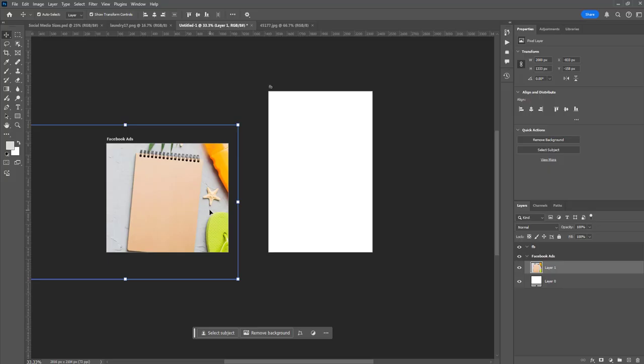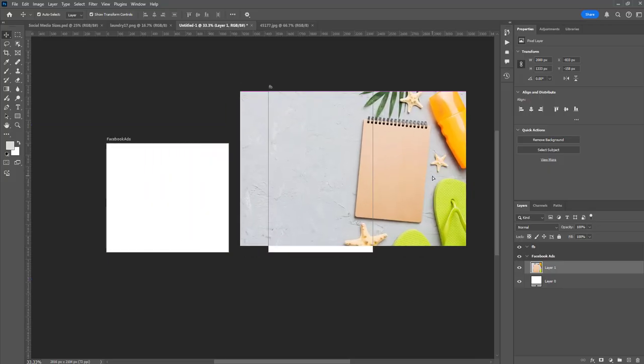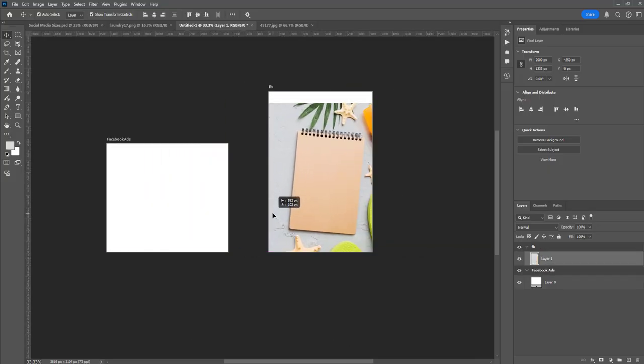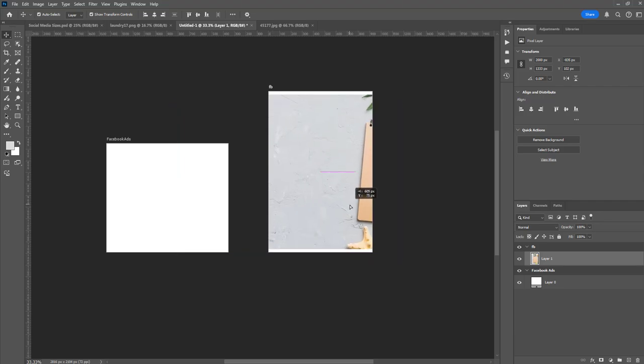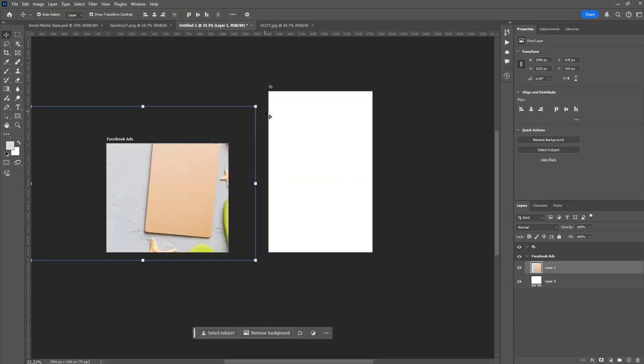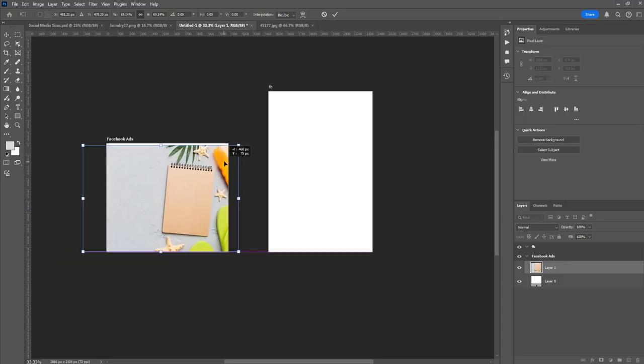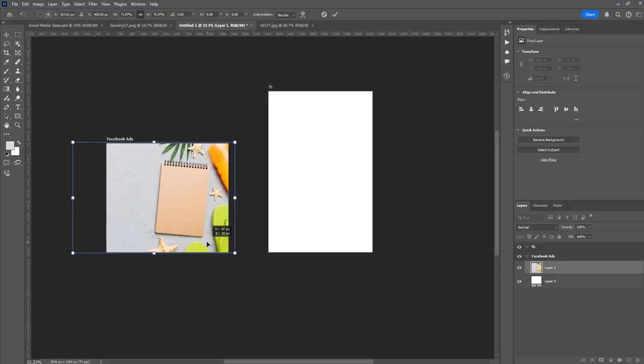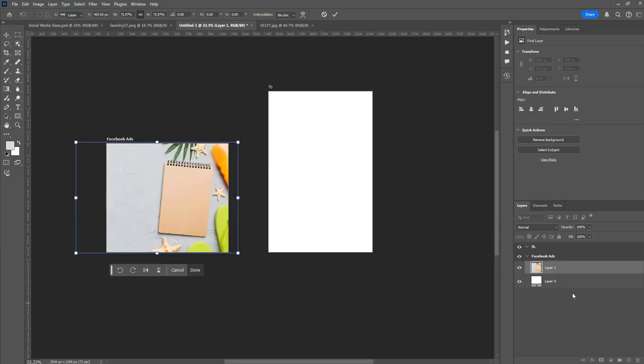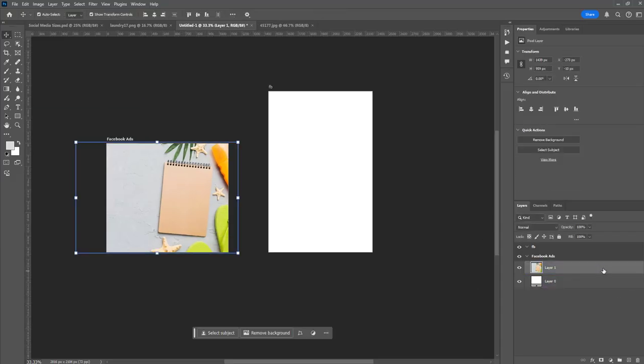Should be okay. Like that. So it's easier for you to find and see the placement of your images if you use artboard, in my own opinion.